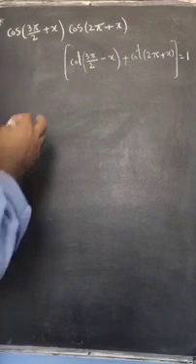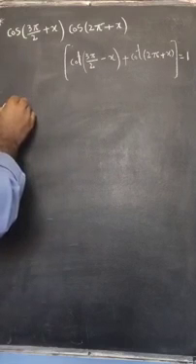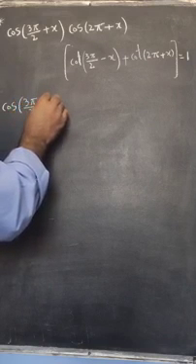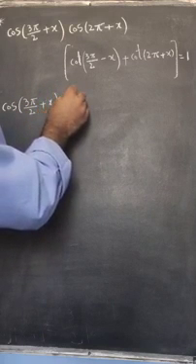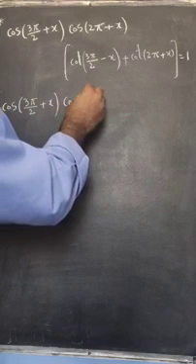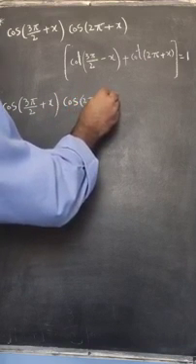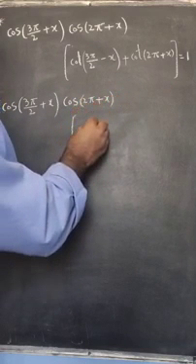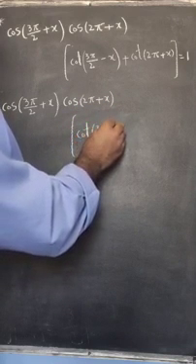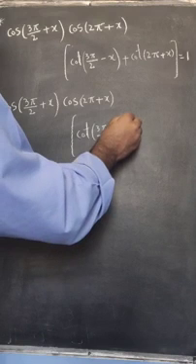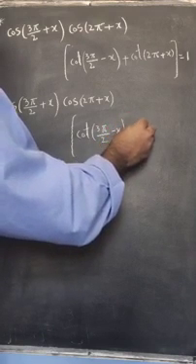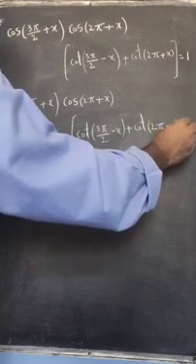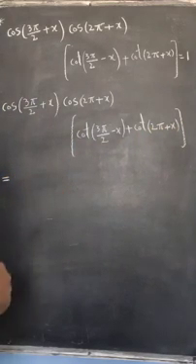Now to prove this we take LHS, that is cosine (3 pi by 2 plus x) into cosine (2 pi plus x) into cotangent (3 pi by 2 minus x) plus cotangent (2 pi plus x), that is equal to, now we know that